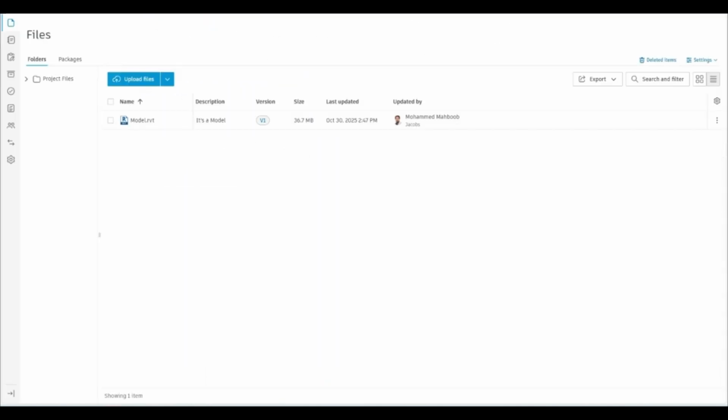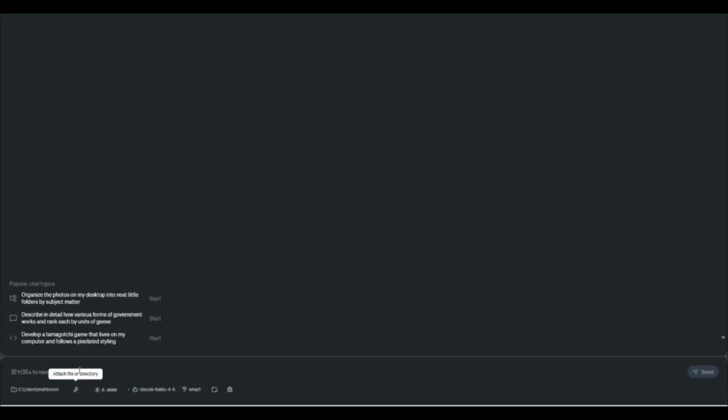Okay, so what I was trying to demo here within this application is, in this instance, I have a model here in this specific folder, where I wanted to extract this information. So let's see how we can do it through the MCP UI. So if I go here to this interface, first I just wanted to give you a taste of what this looks like. So if I type here, show